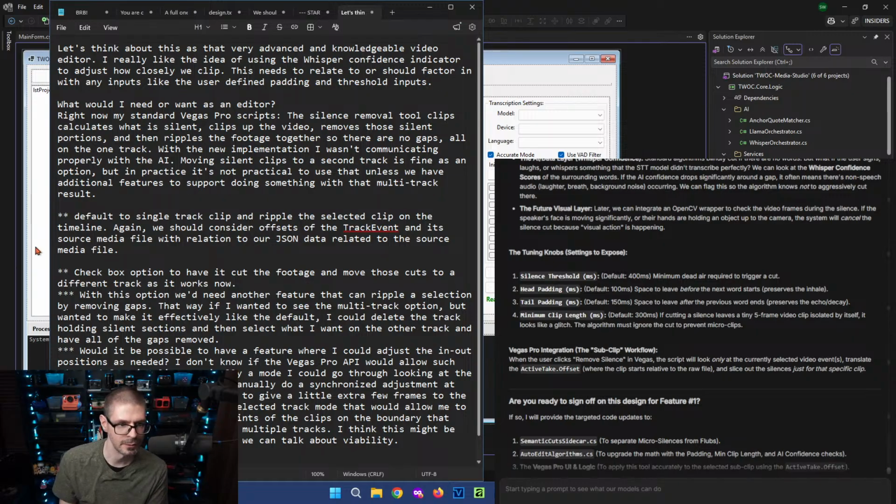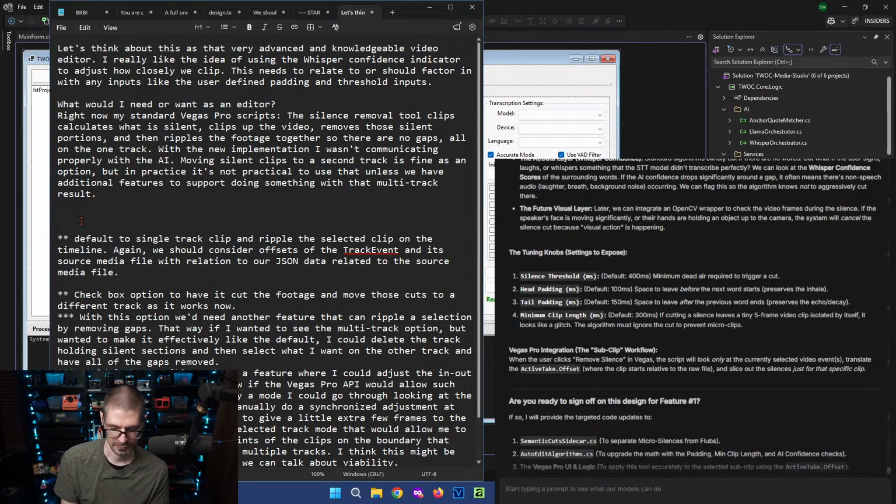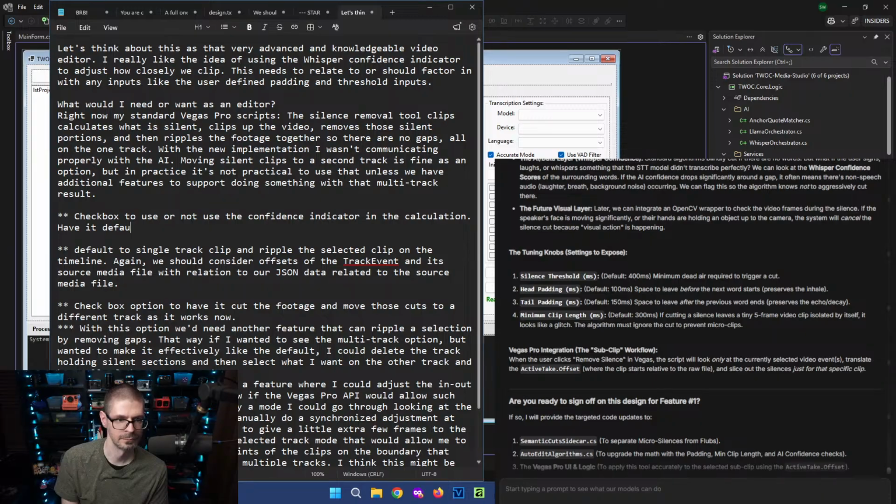Checkbox to would the padding and the thresholds.